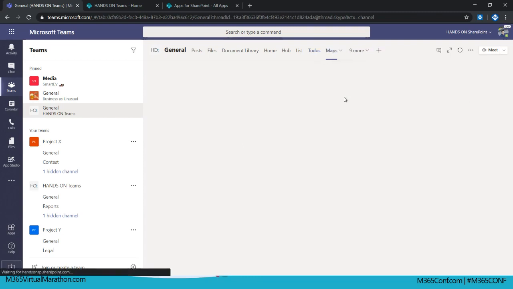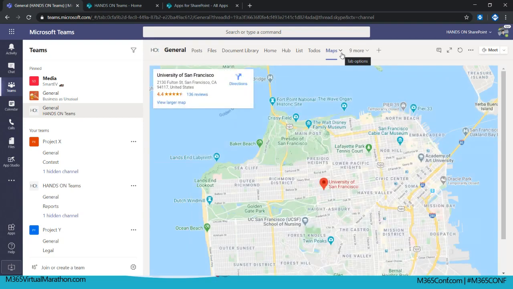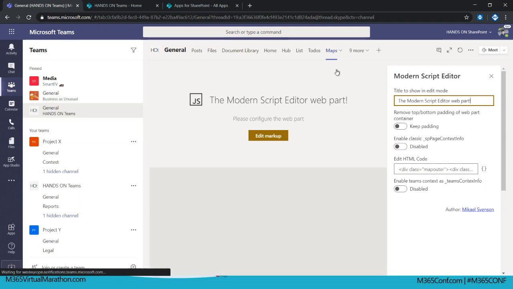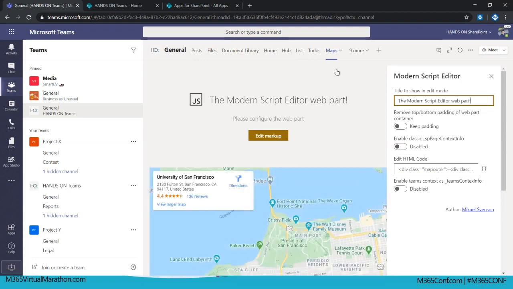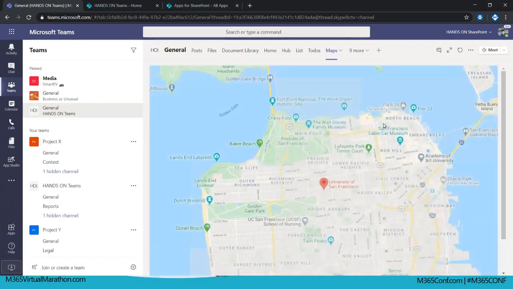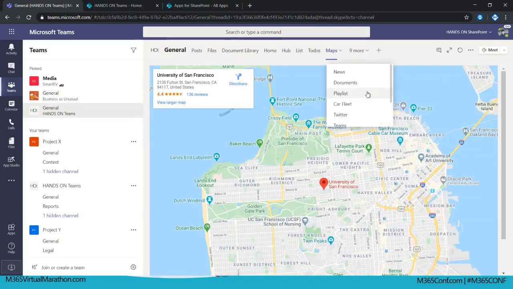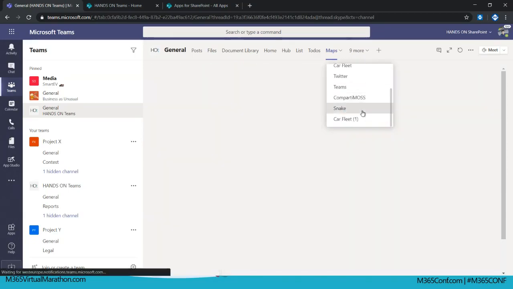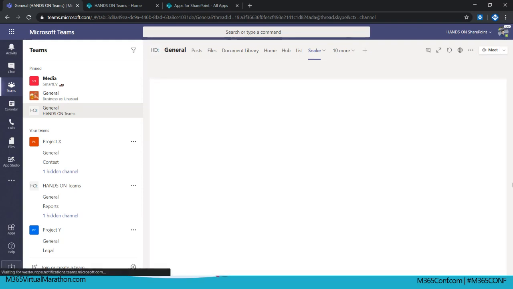to the maps. This is the SharePoint web part being rendered inside of Microsoft Teams using the web part, the SharePoint web part configuration pane, and all of that. So all of this is SharePoint behaving as a native Microsoft Teams app. So if you build it once, you will be able to use it. Another example that I would like to show you, it's a more complex solution